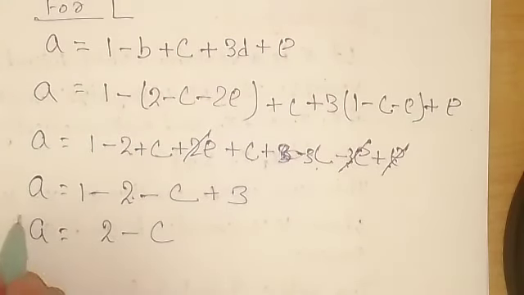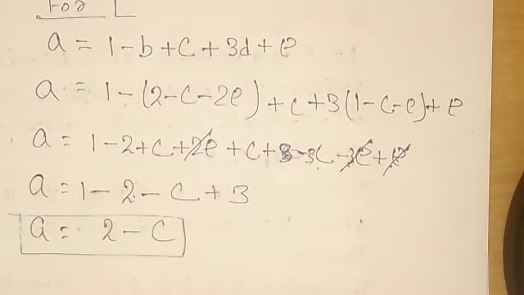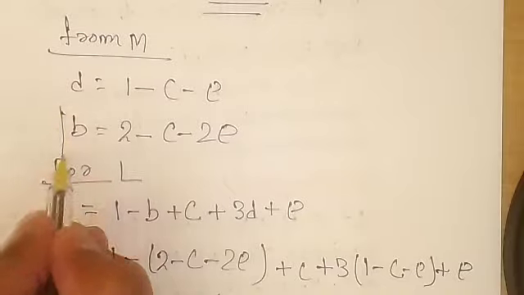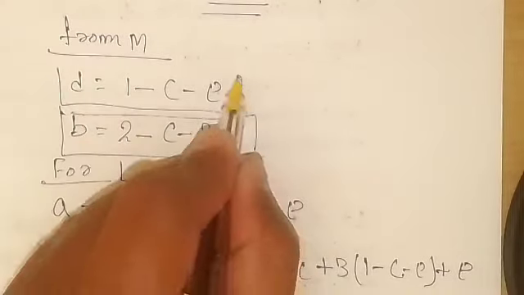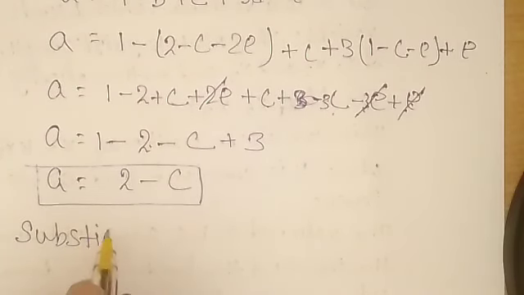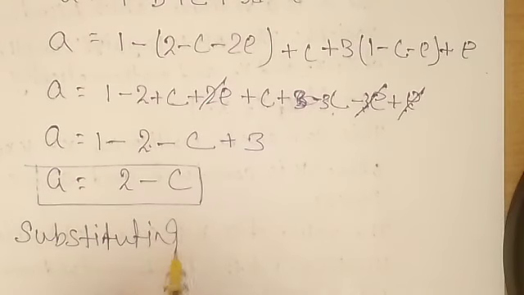Just highlight this: a is equal to 2 minus c, b is equal to this one, right, and d is equal to this one. So we have to express a, b, d in terms of c and e, right? So now what we will do is substitute these values into the above equation. So substituting this value